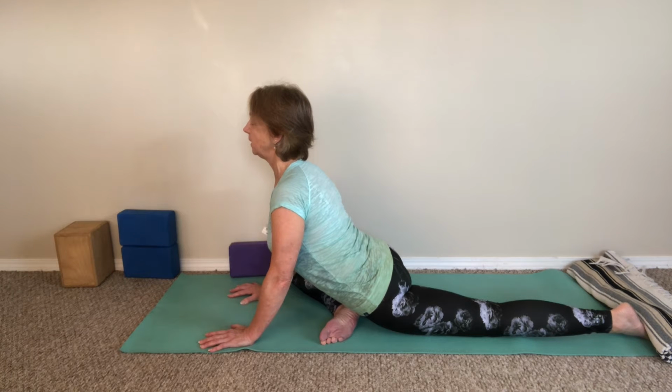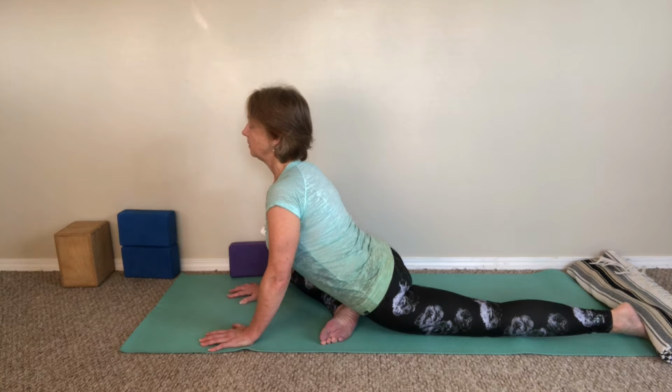Add a little smile of comfort. Inhaling through the nostrils, slowly, smoothly, and deeply. Just noticing where you feel the stretching, and as you exhale, relaxing, releasing,